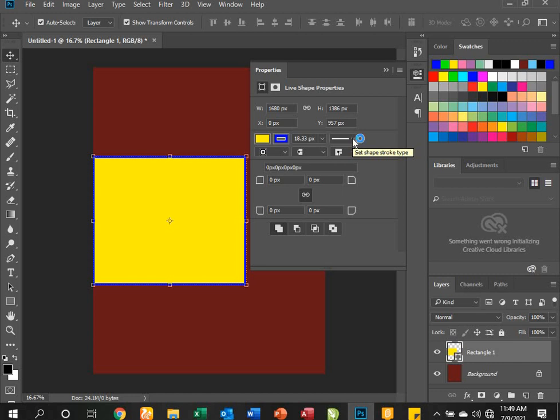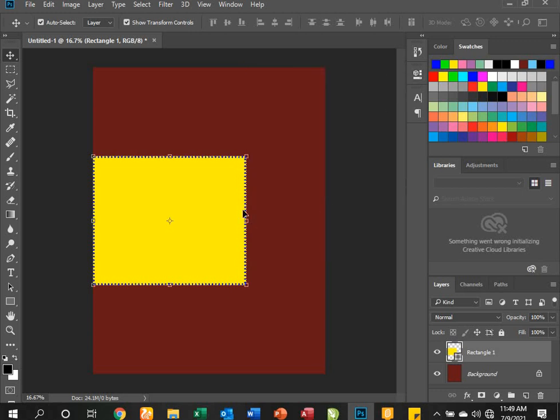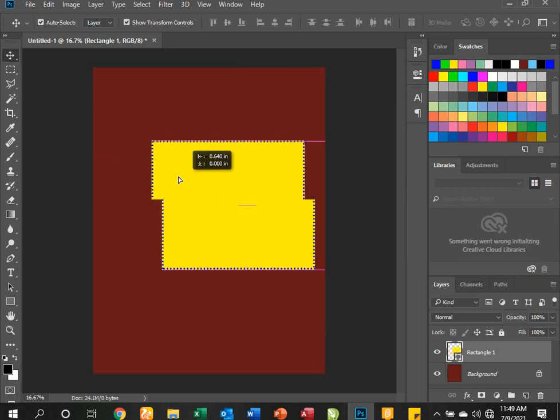And then with the outlines we have options over here. This one, the set shape stroke type. So if I want it in dashes, I'll click on the dashes, and then we have this one too as well, where you can click to